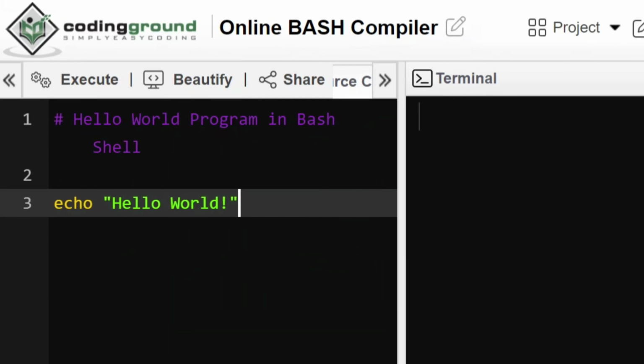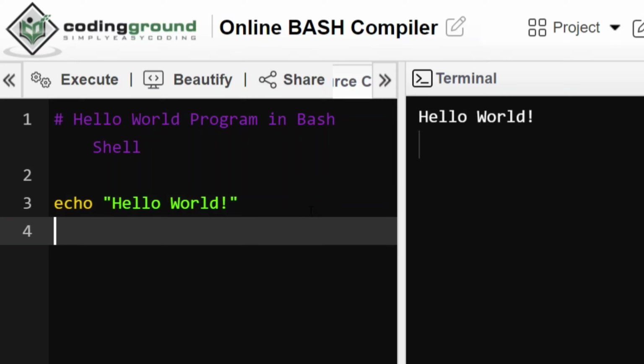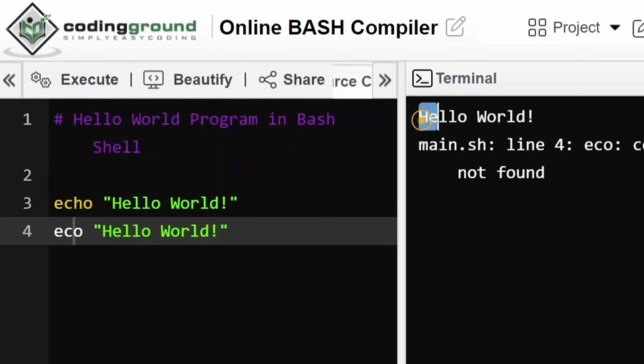Now I'll go to interpreter, and here you can see I'm having one echo command, and I'm just going to execute this. Okay, so you can see I'm getting hello world. I'll just copy this again just to show you that interpreter executes single lines. I'm going to execute again, and you can see I'm getting hello world twice. Now I'll just make a mistake in this program. I'm just removing this H, and let me click on execute. You can see my first hello world is coming, and it is showing me an error on this line, that is line number 4. So that is what interpreter does, it checks line by line.